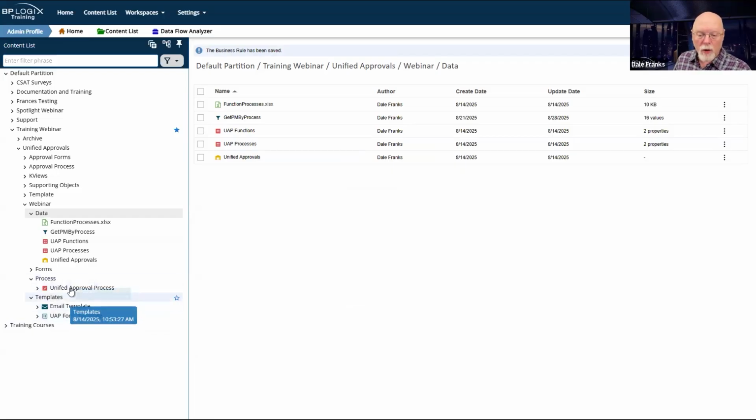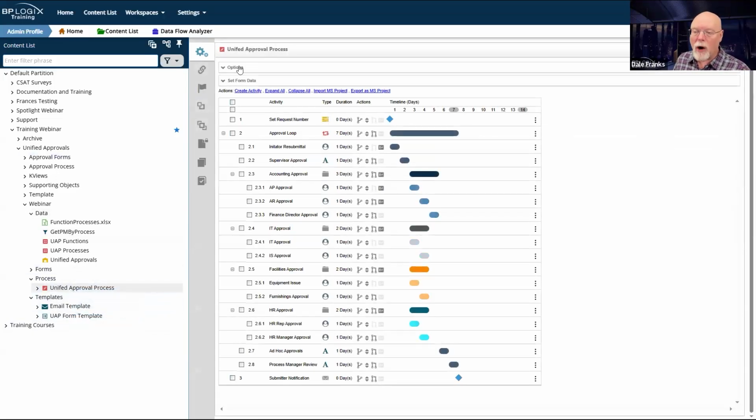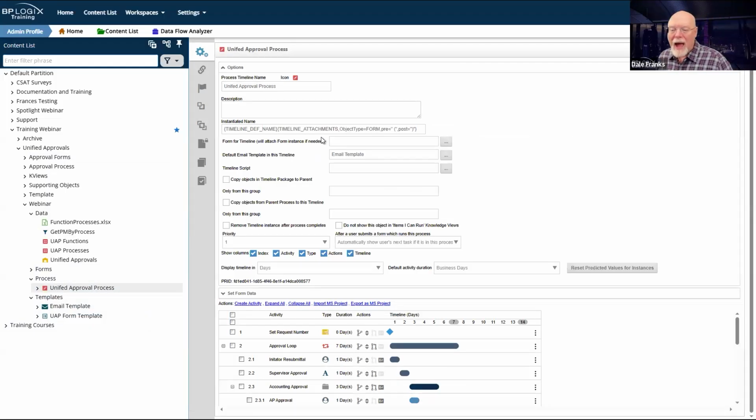Now, just to review one more time really quickly, our process timeline itself has no form associated with it, because I don't know what form is going to invoke this timeline. So when the timeline is invoked by a form, the form will automatically attach itself to the timeline as a timeline reference.